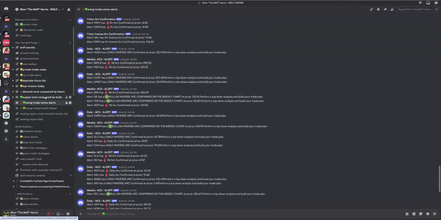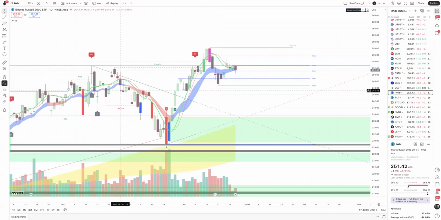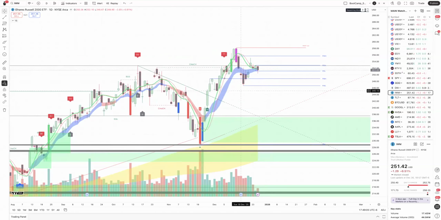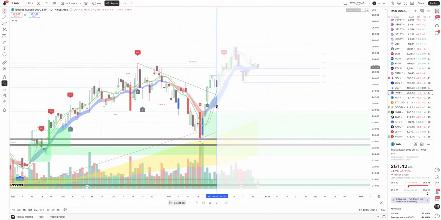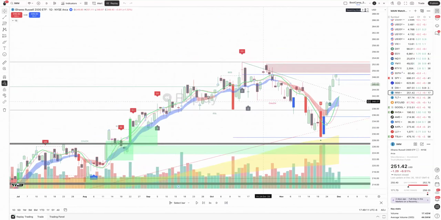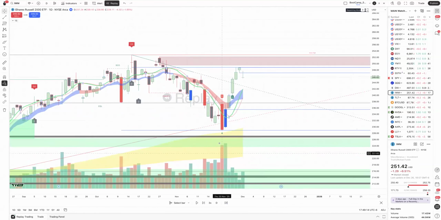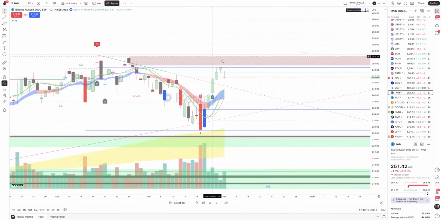We also know when the stock is about to go up. So let's look at IWM here and go into replay and see if they have an order block. You see how it has this red order block? Another thing that we want to wait for is we know this is a target until it's not, until the